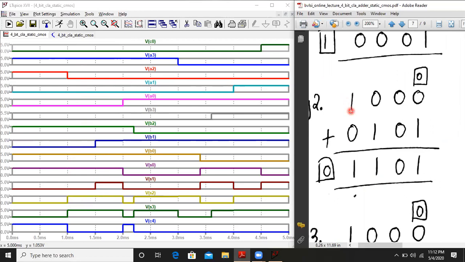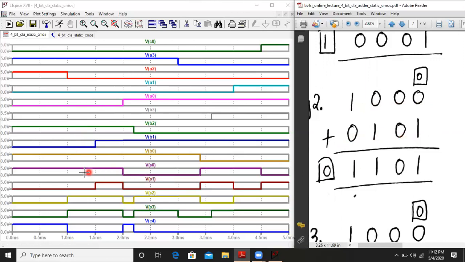So I've written over here 1, 0, 0, 0. And then B3 to B0: B3 is 0, 1, 0, 1. So you have added 0, 1, 0, 1.